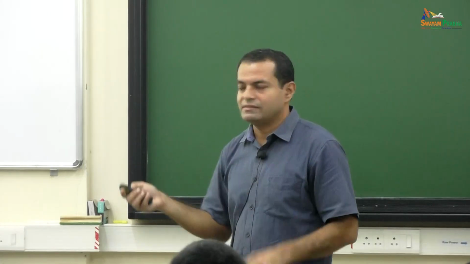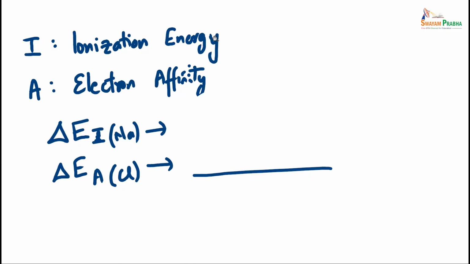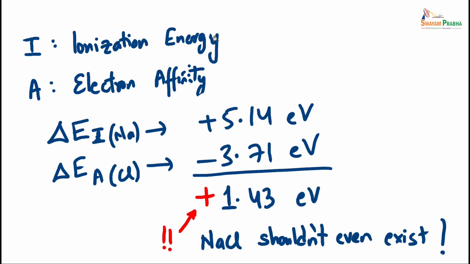So let's look at this NaCl, Na plus and Cl minus. First of all, forget about water. Let's look at NaCl. There is ionization of Na plus, an extra electron going to chlorine, so there is electron affinity. If you look at the energies involved, there is energy required to pull an electron out of sodium, and energy required to push an electron into chlorine. Take the net sum, it's actually positive, which suggests that NaCl shouldn't exist. Am I missing something?